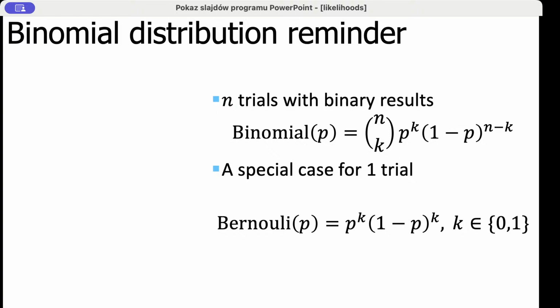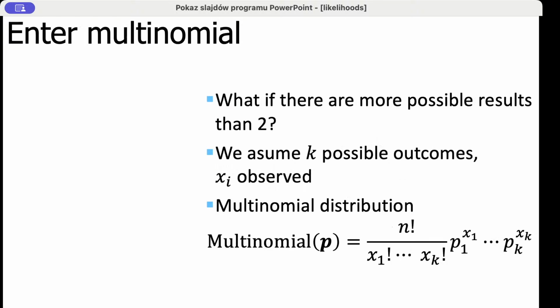Okay, so as I mentioned, a special case is the Bernoulli distribution, which is very simple because it has only one trial, so a much easier number to compute. The distribution has the form as given in the slide. However, what happens if there are more possible results than 2? Then we have k possible